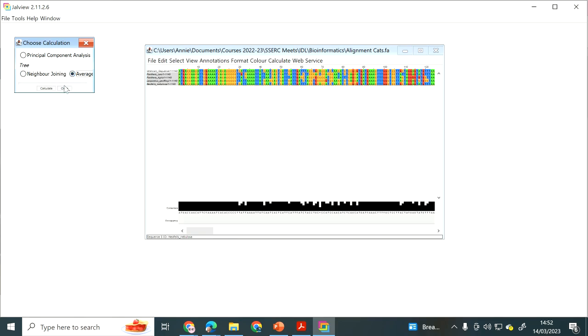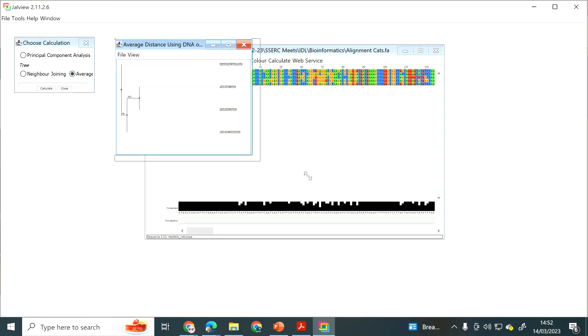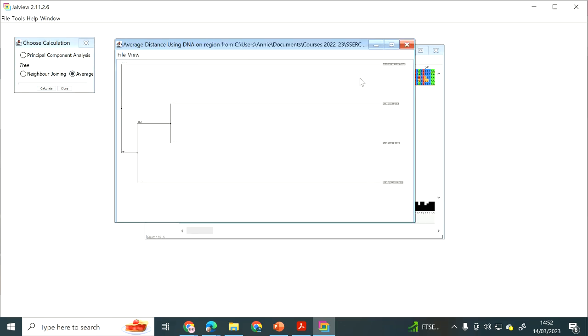It's quite annoying how small this is. But this bit here, if you click there, you can see it is just DNA that you need. On the web browser, it looks a bit better than that. And then you do calculate. And up comes your tree. Again, really small, but you can copy and paste and make that look a little bit better in PowerPoint or something. So you get this tree here, which allows you to make some